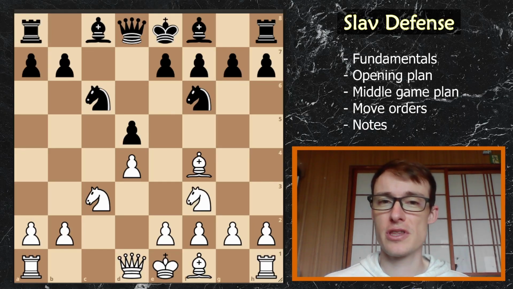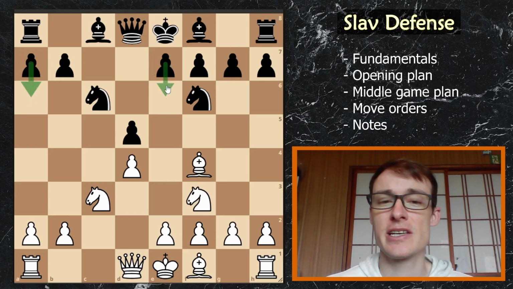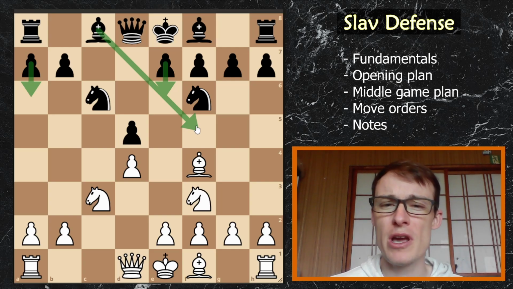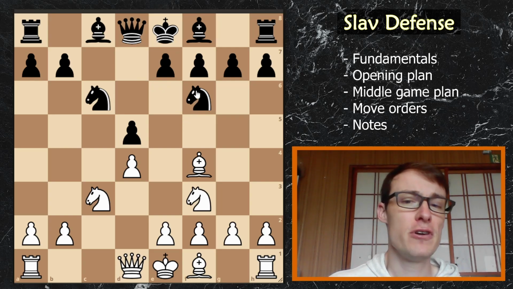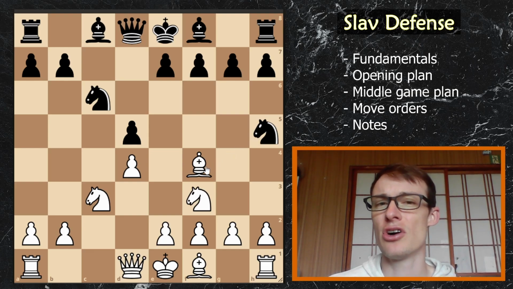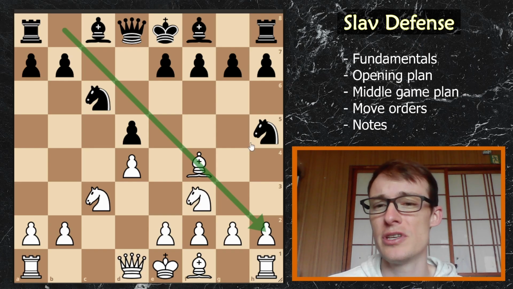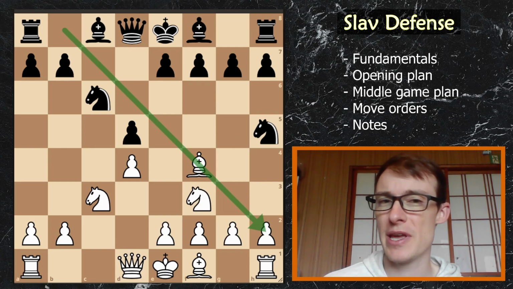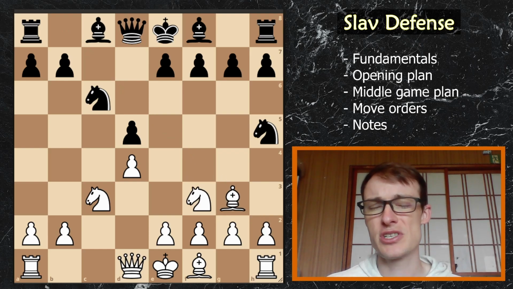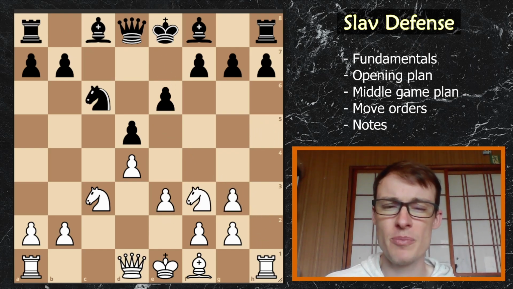A last few notes then before we close off. In this position is the one where we know black can play a6 or e6 or bishop f5, but there are two other moves for us just to be aware of and not to get scared. The first one is that they can play knight h5 in certain positions, and they can hit our dark square bishop because we're trying to put it outside the pawn chain, which makes it slightly vulnerable to this knight jump. This is not really something we have to be too concerned about, and you can actually just keep the same pattern in your head. Bishop g3, let them take with the h-pawn,